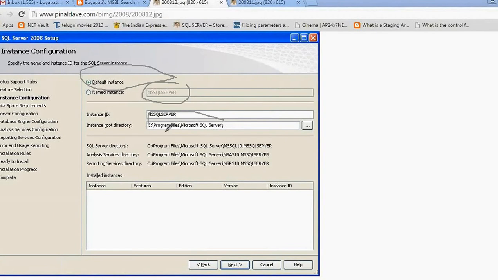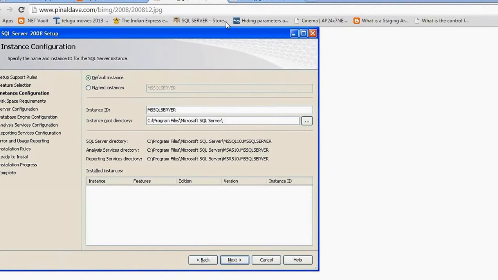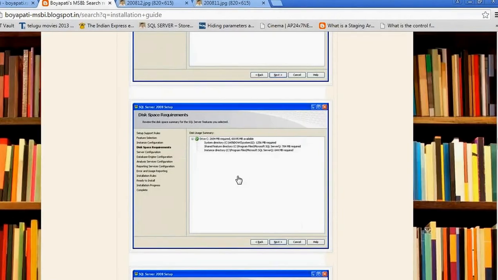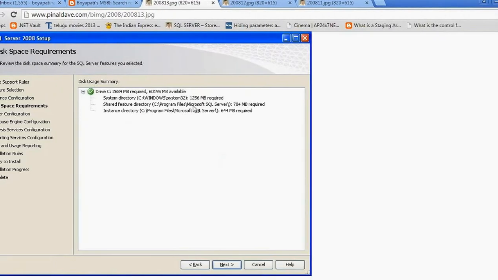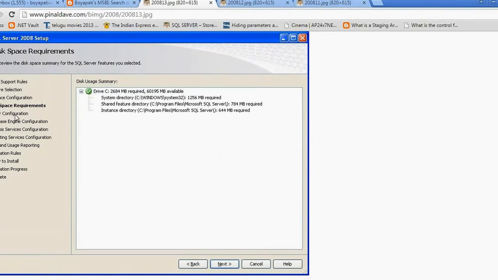So in this folder all these things are going to install. That is over, and this is the disk space requirement check. I don't have enough space, so that's why it is showing an error on this page.